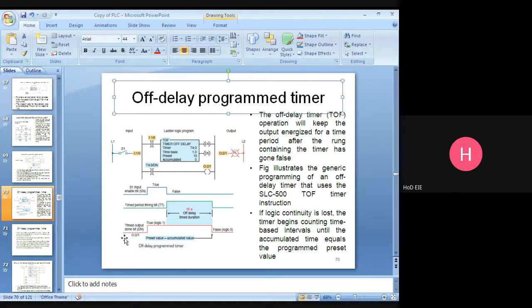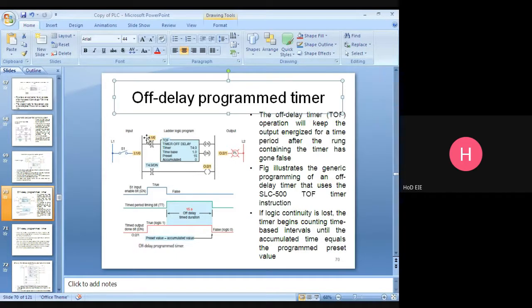And the timed output, the done bit, is also 0. Now this value becomes true.